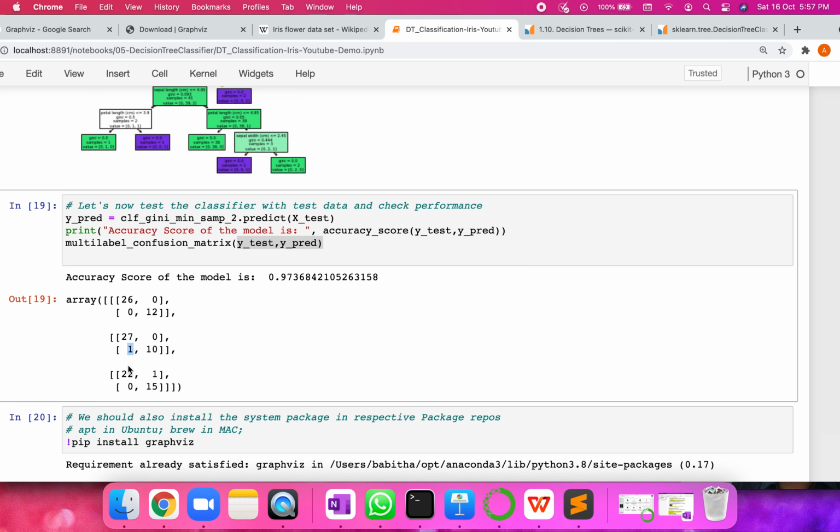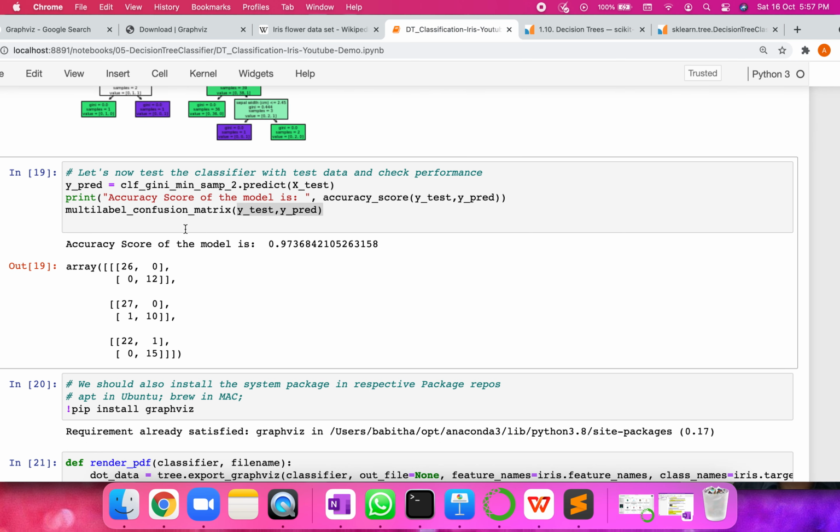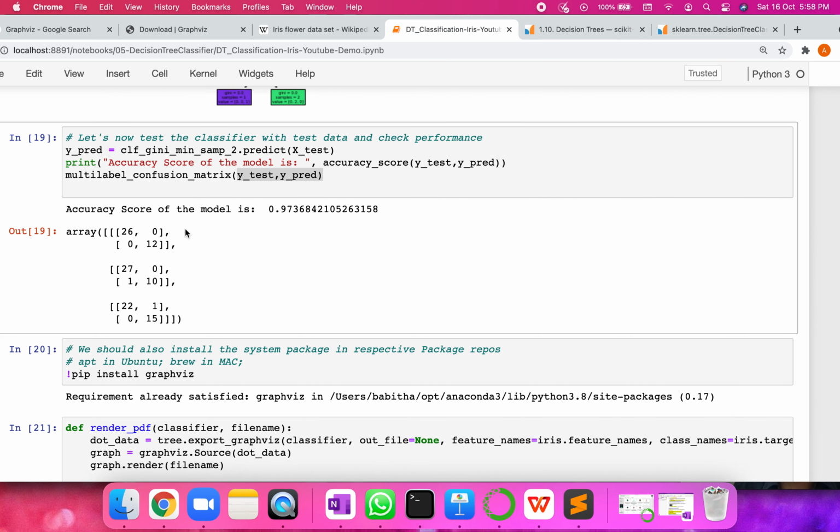So you can visualize the percentage is a little bit lower, given that our accuracy is high, right? And same here, we have given 16 values as not setosa, but it has predicted 15 times as not setosa, but one time it in fact predicted as setosa. So that means it is a wrong prediction as well, right? So this is about the confusion matrix. This also gives us a good view of how our model has done, right?